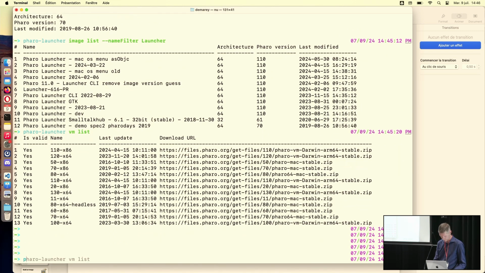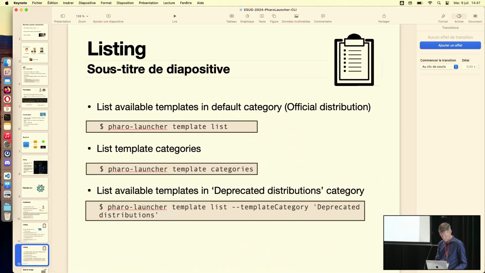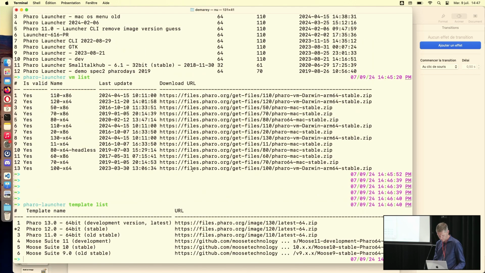Let's do that. Okay, I see in the default template list I have Faro 11, 12, 13, as well as Moose 9, 10, and 11. I can also list template categories.